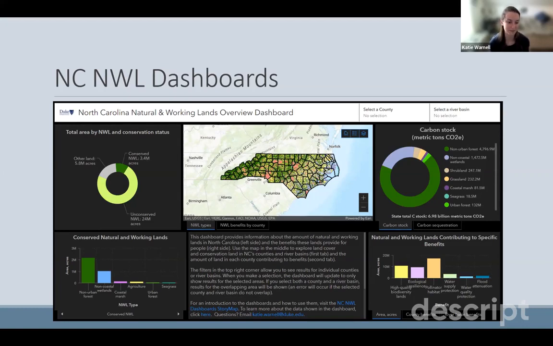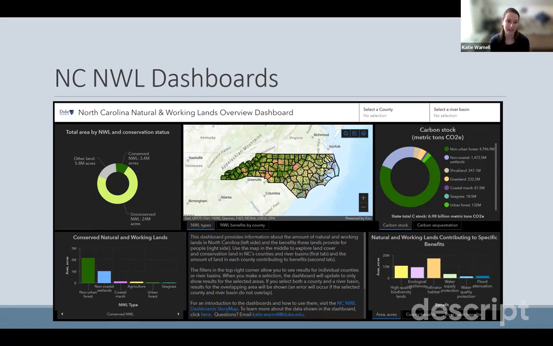So what we ended up making and releasing this winter was a set of what we call natural working lands dashboards for North Carolina. And these, there's 3 of them. So this slide showing the overview one, there's also one for carbon, and then there's one focused on conservation land. And each of them has a summary of the current status and also trends where we have it